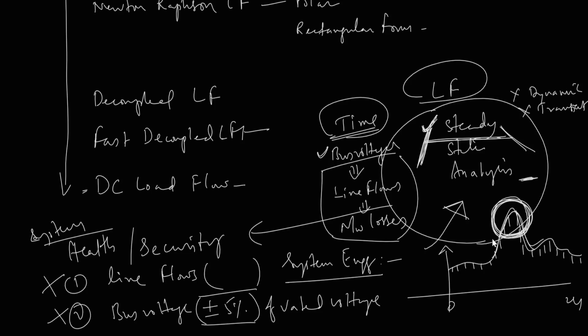That is what I want to judge, and accordingly I have to bring my system back to the normal condition by putting some constraints on the generation side or the load side. I want to either discard some loads, or ask the generators to pump in more power, something like that. I will be taking some decisions, so that my system is always healthy and these two constraints are always satisfied.